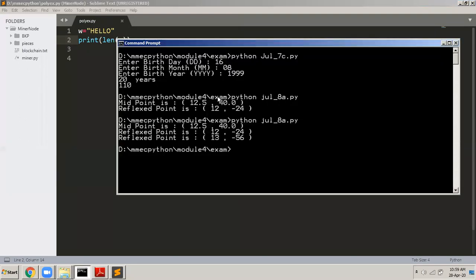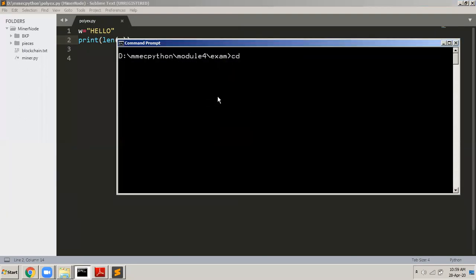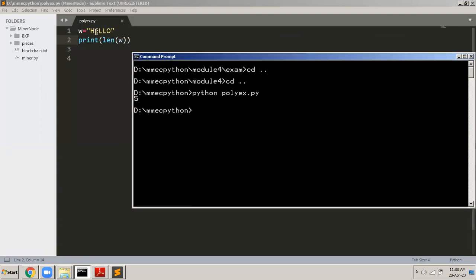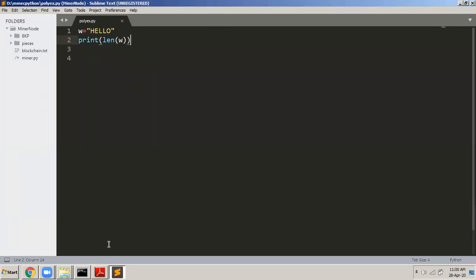So I'm here. And then I will say Python polyexample, enter. So see, you can see the output directly. It says 5. Okay, so you can see I have W, which is a string, and then I said length of W. Okay, so it gave me the length. Now see what I do. I declare A, which is equal to